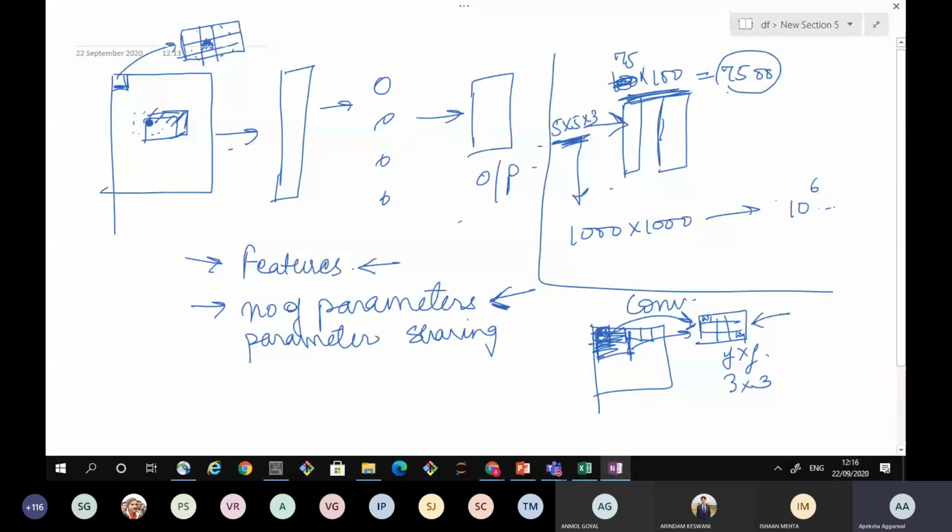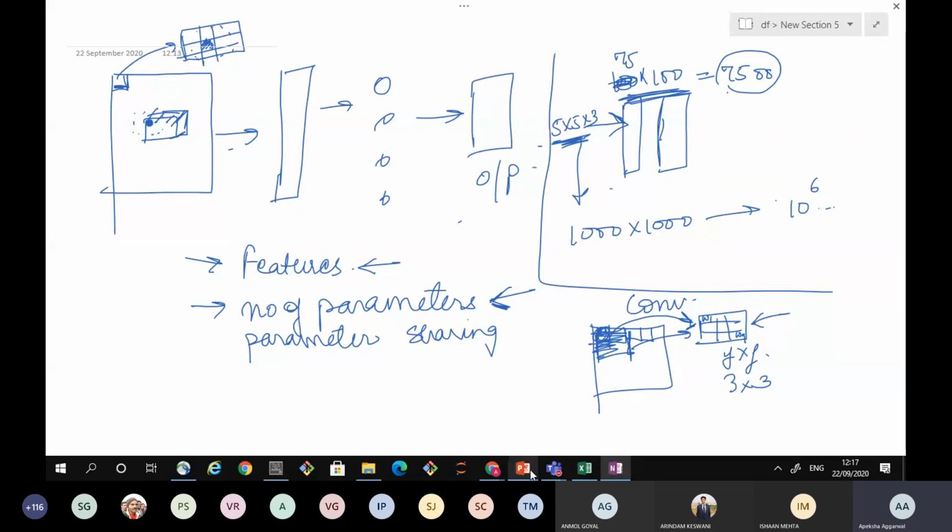Instead of learning a weight matrix for each and every neuron or each and every pixel, they are learning only 9 values, and those 9 are shared for all the neurons that take input from the previous layer. So this is the idea behind why convolution is required, what the need of convolution is, and why it is extremely popular.